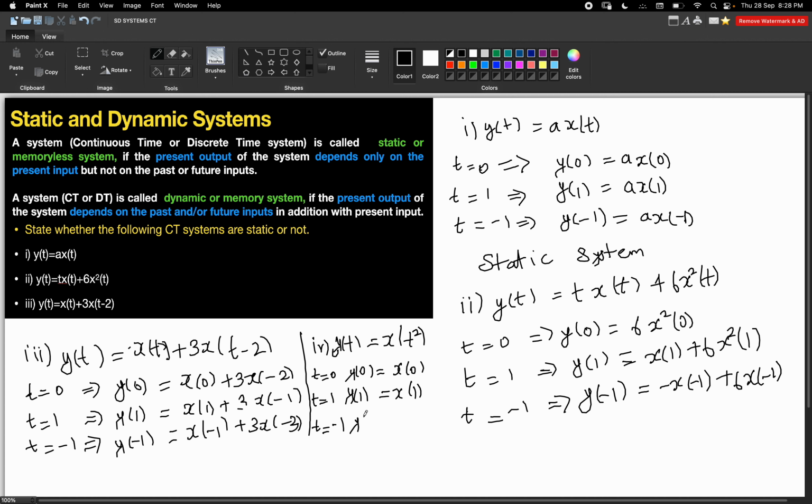In this case, y of minus 1 equal to x of, here we are having t square, so minus 1 square is equal to nothing but plus 1. So the present output y of minus 1 is depending upon the future input x of 1. So this system is a dynamic system. Whenever you are mentioning static or dynamic, just mention the sentence: the system is a dynamic system since the present output depends on the future input too. So this is about verifying the continuous time systems,